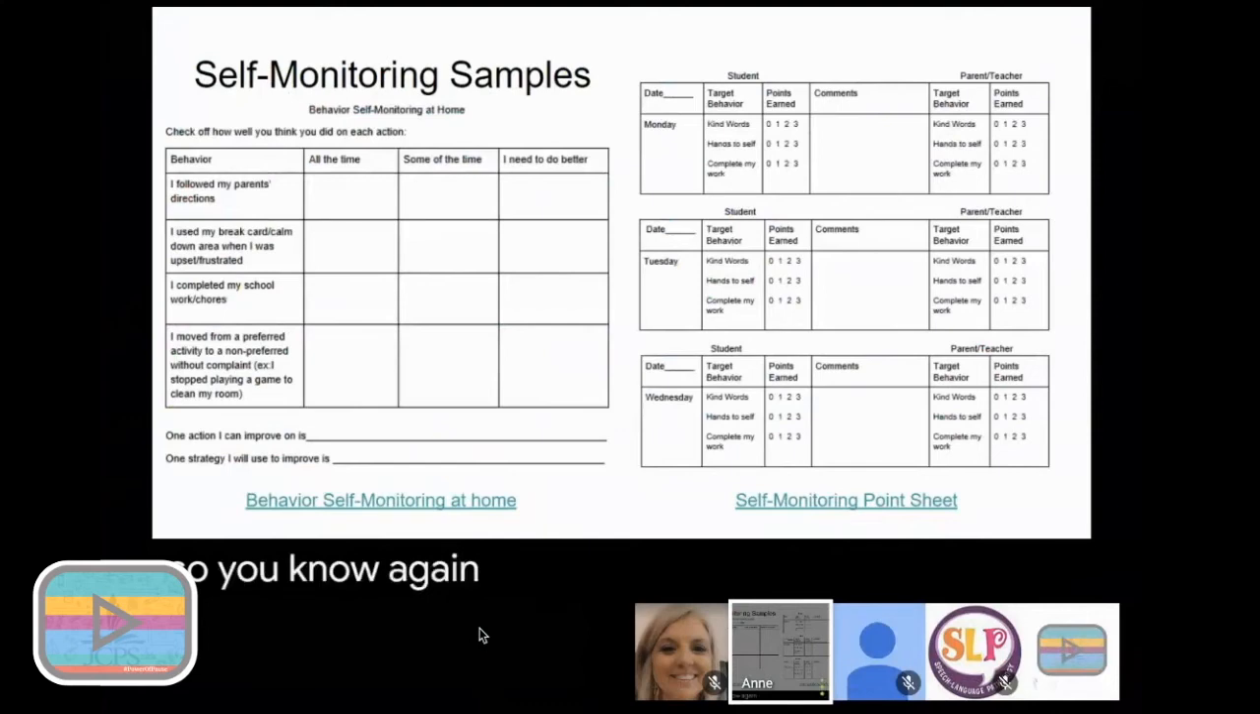Again, instruction would need to happen here. Any of these forms I can adapt and take data during virtual lessons, or ask the parent to take data and/or the student. The one on the right there allows for the student and the parent or teacher. So I could use it during virtual lessons with the student, or I could ask the student and parent to utilize this form so that we get a good